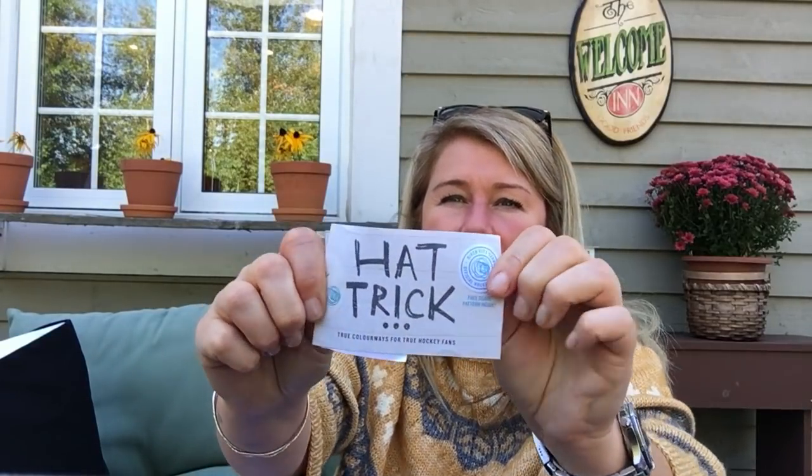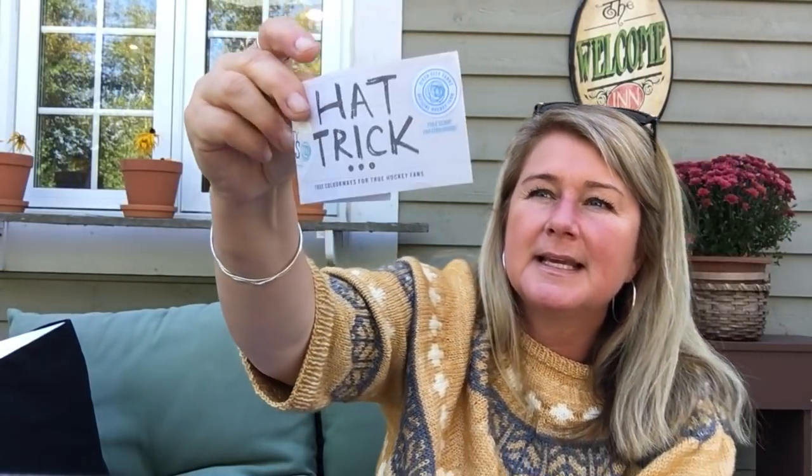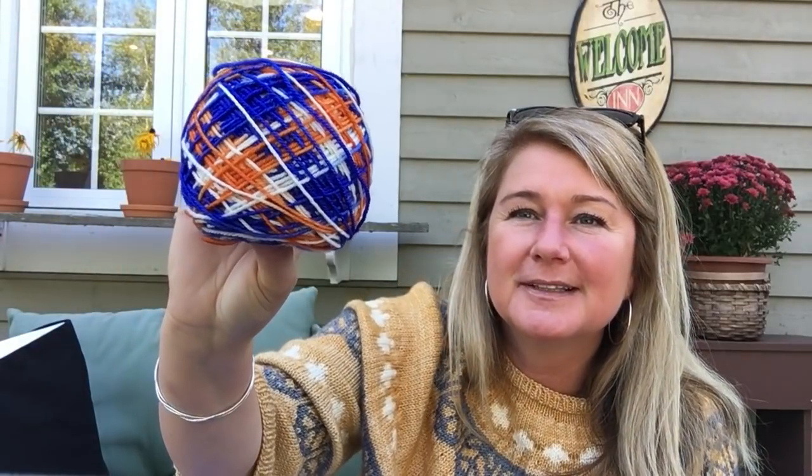Something else I completed that I talked about on a podcast was how when Dan was out west, he went to River City Yarns, where they carry the hat trick yarn, and he had grabbed himself the Edmonton Oilers colorway. It's all dyed in Canada by Ancient Arts. So they have a whole wall of hockey yarn, and it's all color inspired by all the different NHL teams. So Daniel got himself Edmonton Oilers yarn, and what he had asked me to knit him up was a really snug hat, something that he could fold over and have like a rim on it to keep his ears extra